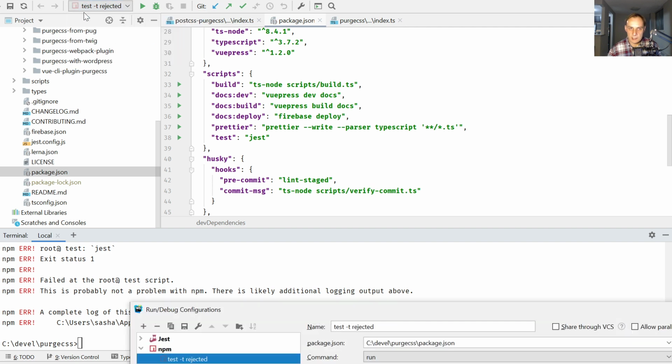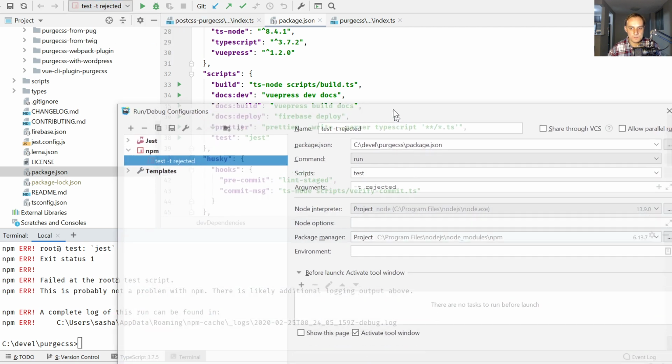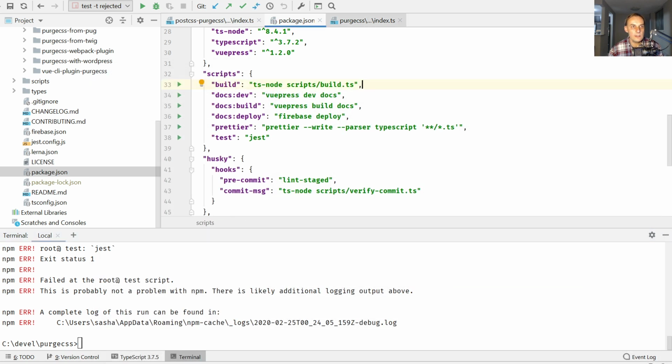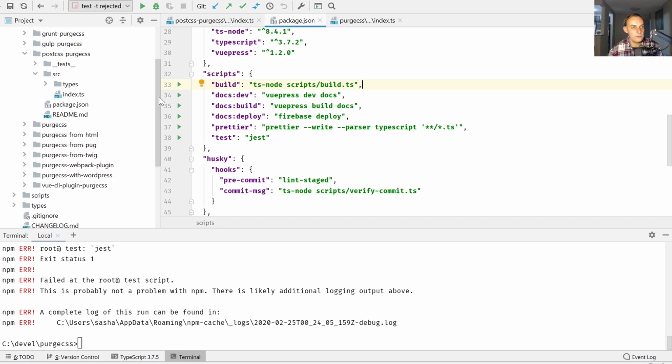So I did a quick setup in my IDE runner, where I set the parameter to specify the name of the specific task that I want to run. So not the whole test library, but just this much. And the rejected, that is the name of the test, where so far I have found